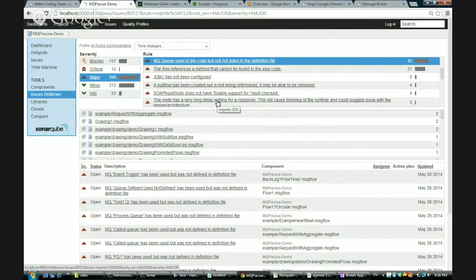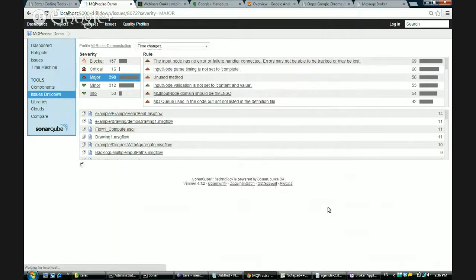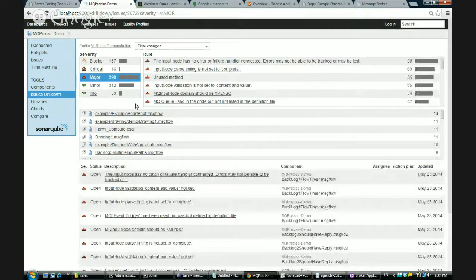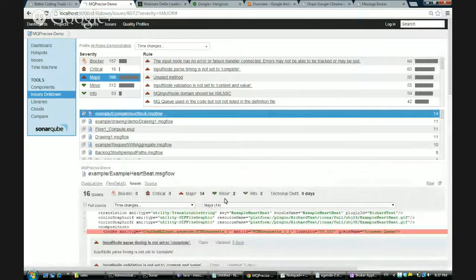So the developer can see this particular violation, and they can click on it, and it will tell them some information about it. It can, for example, tell us a little bit about the particular queue. So there's a queue called process queue, which is not a great queue name, but this particular process queue name, we can either rename or we can add to our deployment descriptor for our MQSI